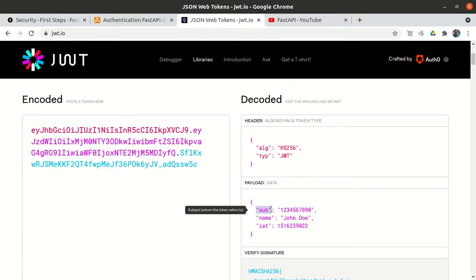We can't change this; that is the subject. The subject is whom the token refers to. This is the main thing, so we have to use the same key, that is sub.